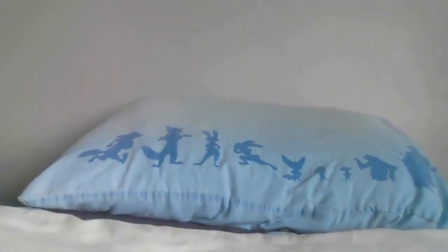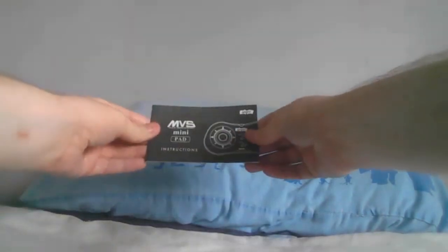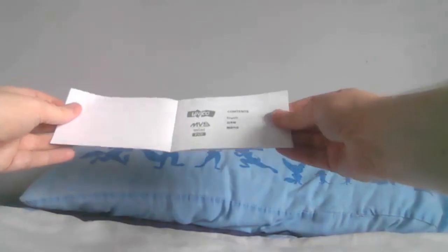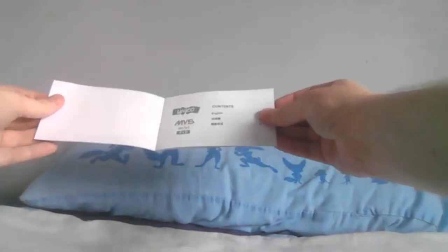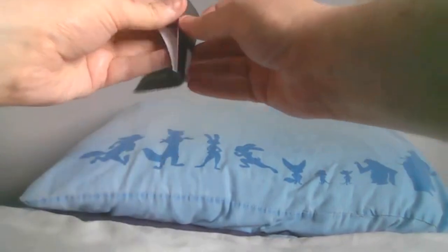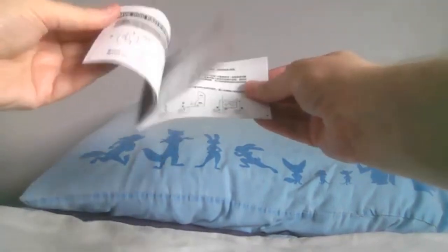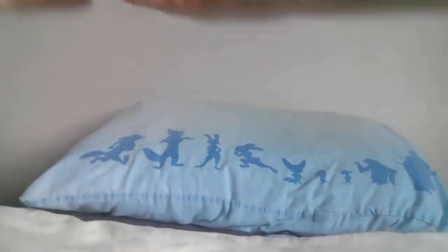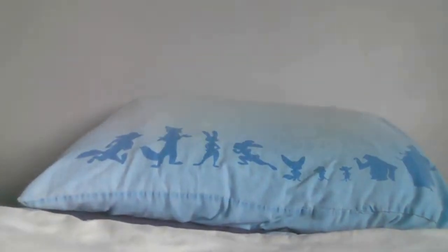And the mini instructions, the instructions for the pad. So English, and I'm guessing that's Japanese and Chinese. You get your sockets and you plug them in, and that's pretty much about it. Okay,